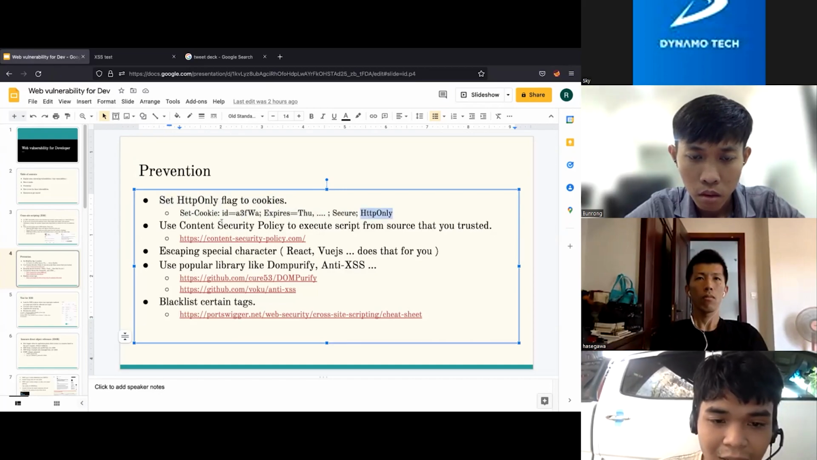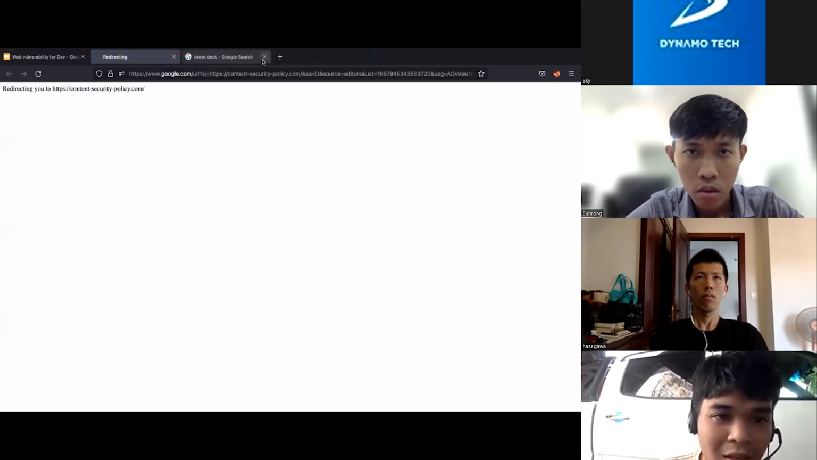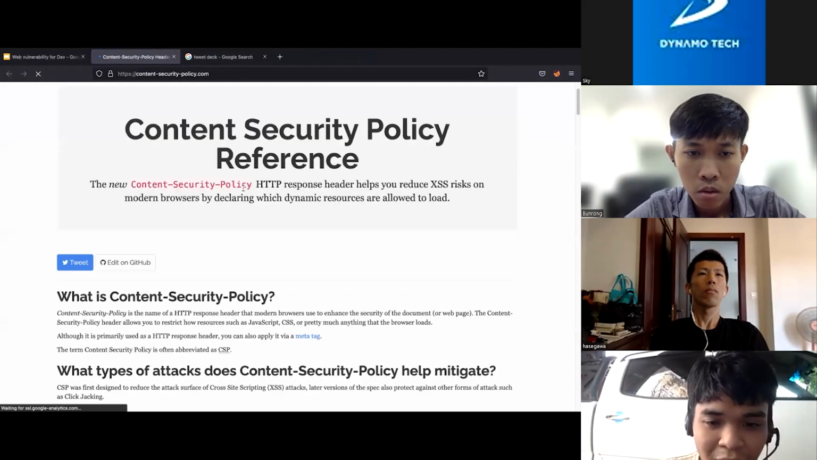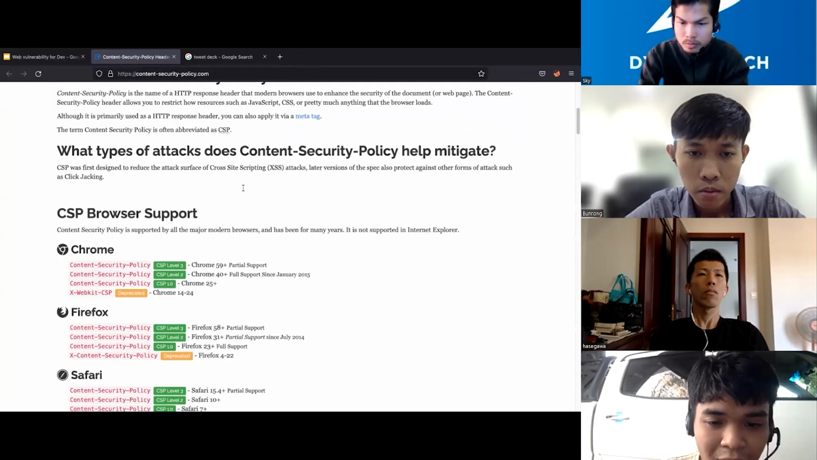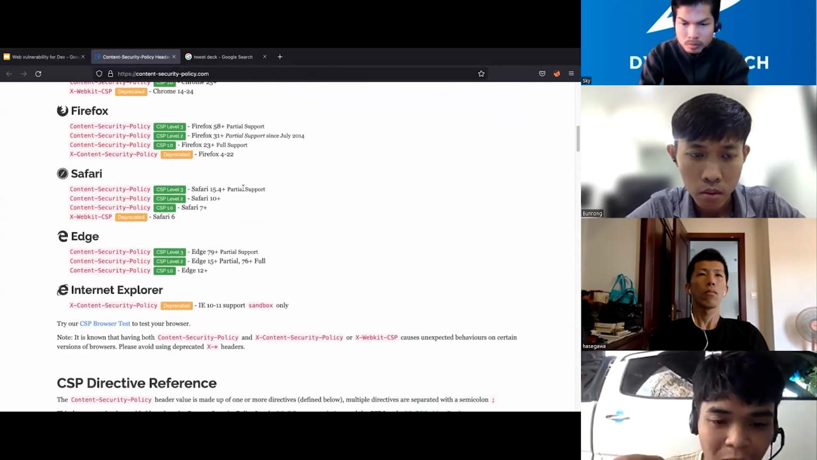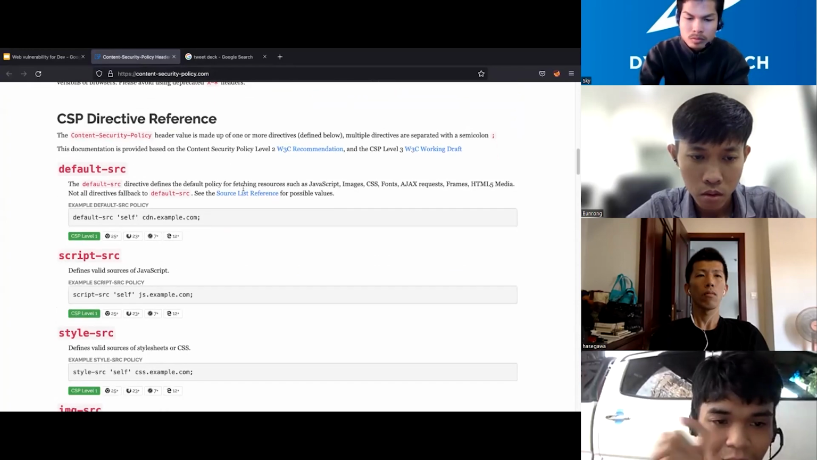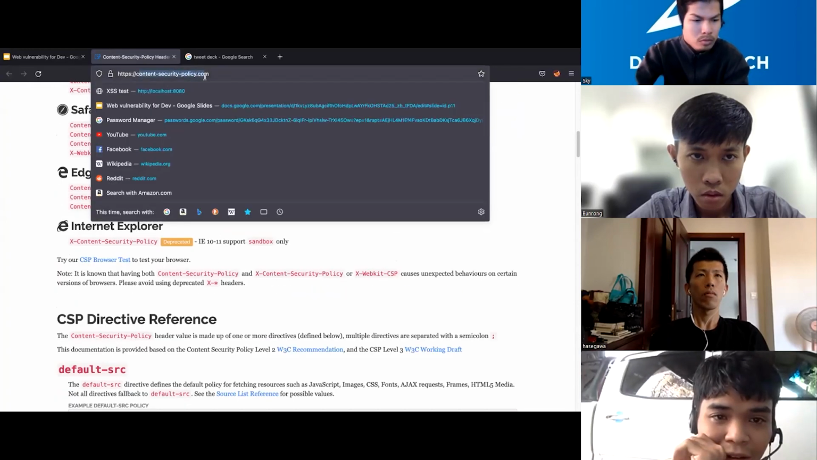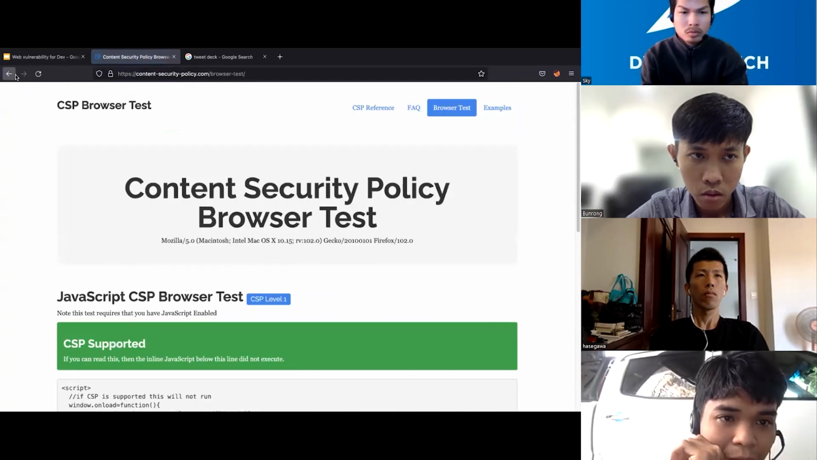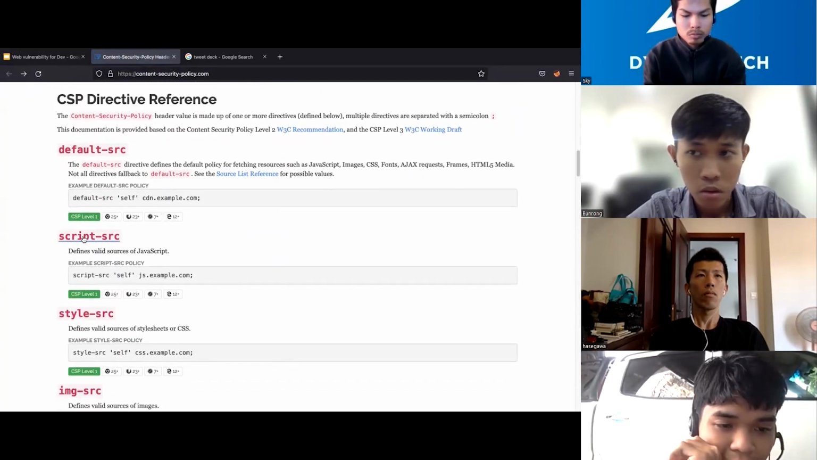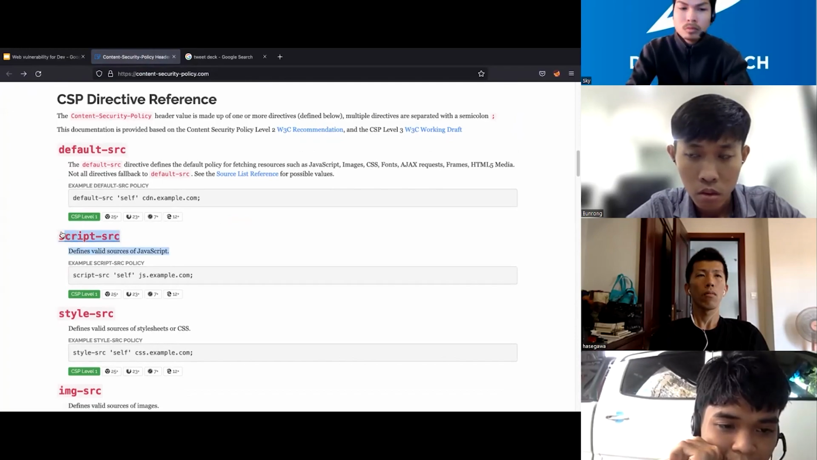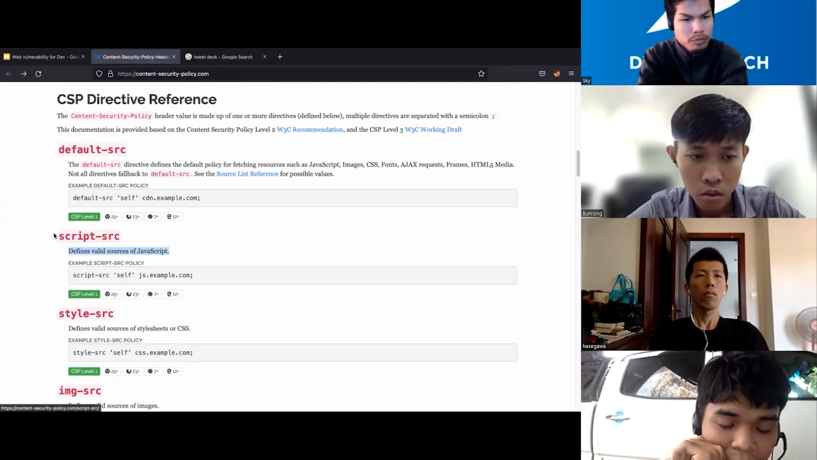And another thing is to use a content security policy header. A content security policy header is basically a secure header that prevents you from executing JavaScript files from an untrusted source. So if you go to this website here called Content Security Policy, we can look for this value here. If we define the content header with this value, it means that